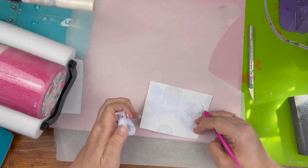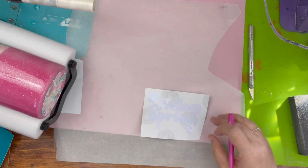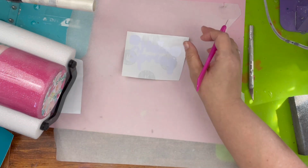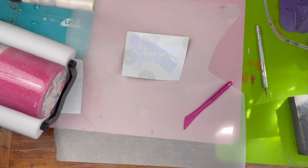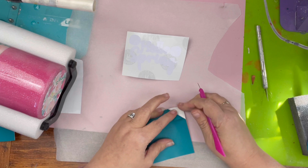So this one was super easy to weed, and it's hard to see, but it's there, I promise. And then I cut out the actual words in this really pretty darker teal